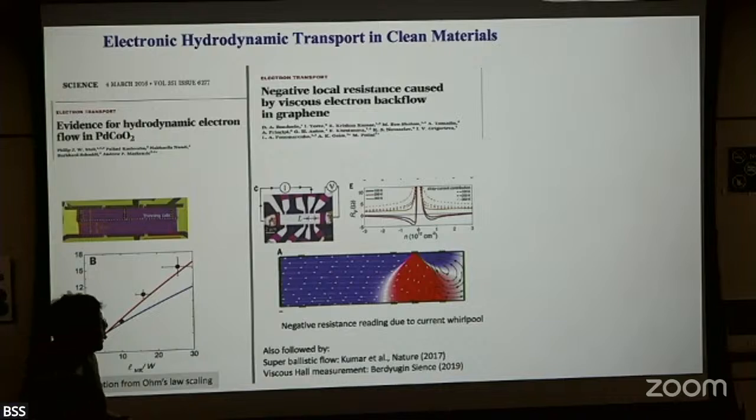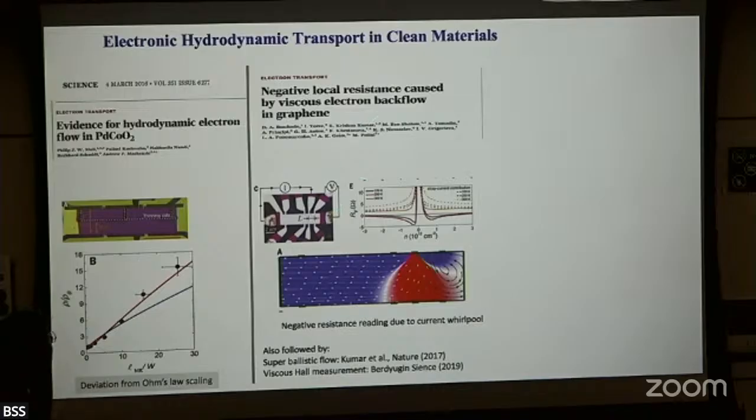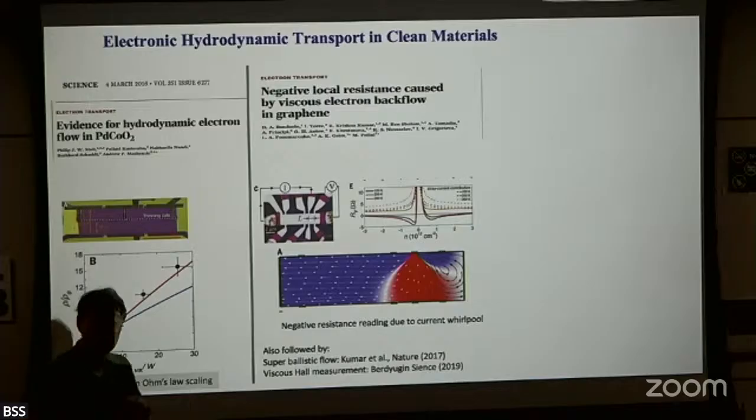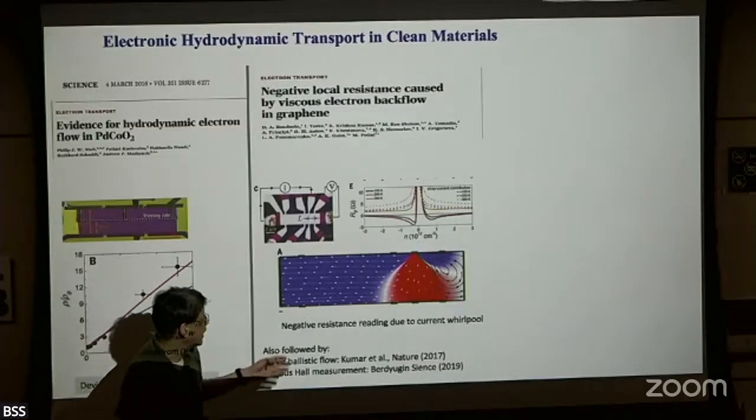A little bit more of the observation of this hydrodynamic effect is, again, in a graphene sample done by Andre Geim's group in Manchester. What they see is that in graphene, again, you can make the graphene extremely clean, so the mean free path becomes quite long. And then you go to higher temperature. Remember that I need a really small tau e. In other words, electron-electron scattering readily happens, and the electron-electron scattering rate is proportional to the temperature squared. So going to higher temperature is a way that I can get into the hydrodynamic regime.